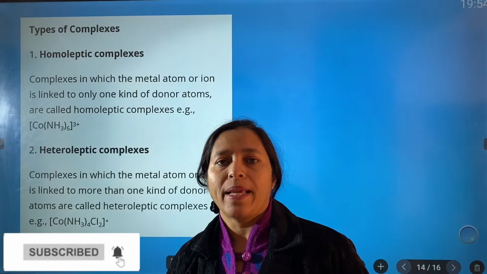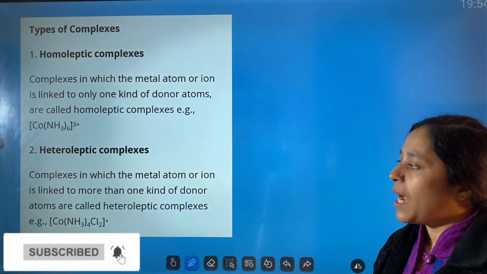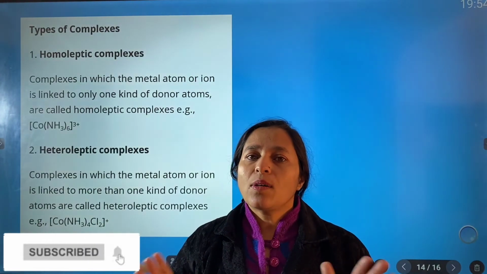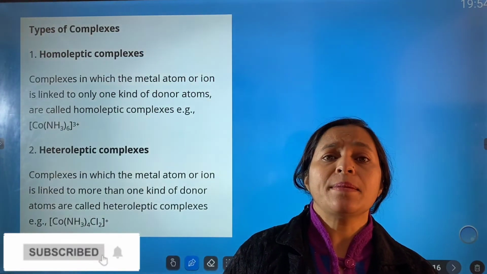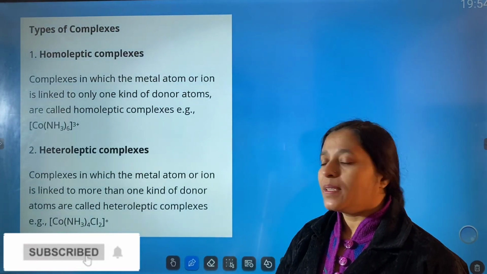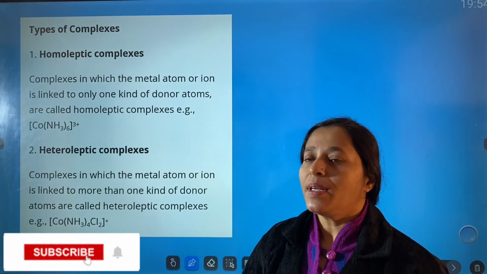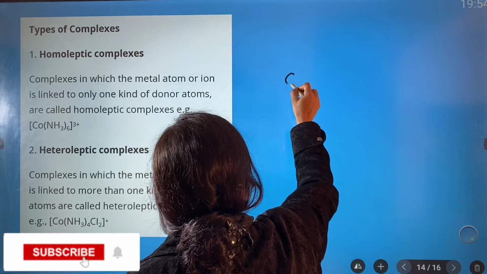Types of complexes. There are 2 different types of complexes, homoleptic and heteroleptic. Now what is homoleptic? If the ligands bonded to the central metal atom are all similar, then it is homoleptic. And if the ligands are of different types, then it is heteroleptic. For example,